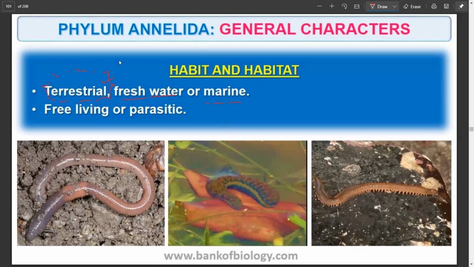So as you can see, the progression is going from marine aquatic, to freshwater aquatic, to now terrestrial, and slowly from a sedentary, that is from a fixed position, now slowly they are going to become mobile, they can move, and they are slowly becoming independent, they are becoming free living. So you can see here they are free living, or they can be parasitic in nature.